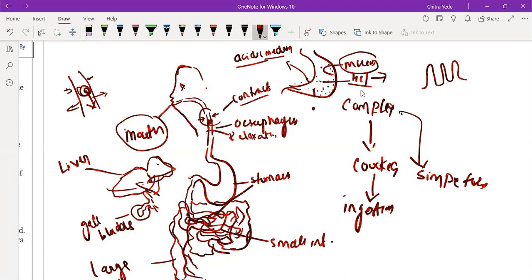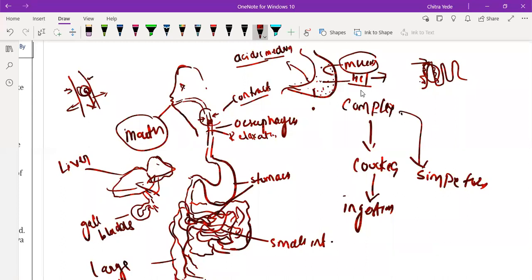Okay. And in this finger-like structure, there are some microvilli present on the outer surface of the villi, and these microvilli help in the absorption of nutrition when food passes through the stomach. Okay. So we can say when food passes through, there are many life processes, or we can say biochemical processes, being performed.